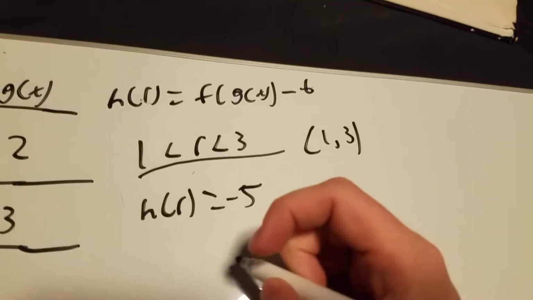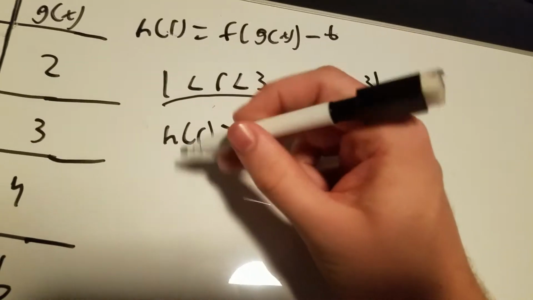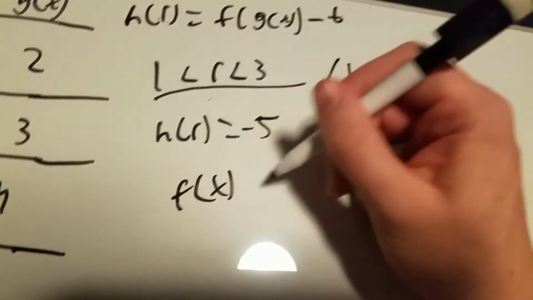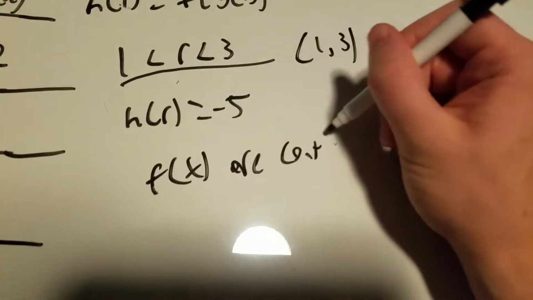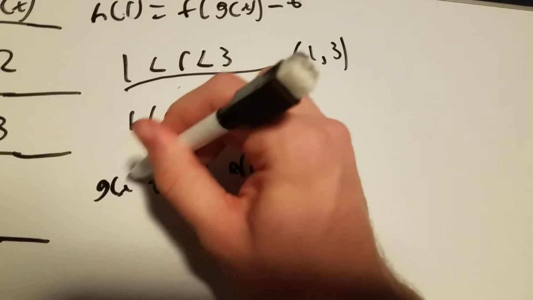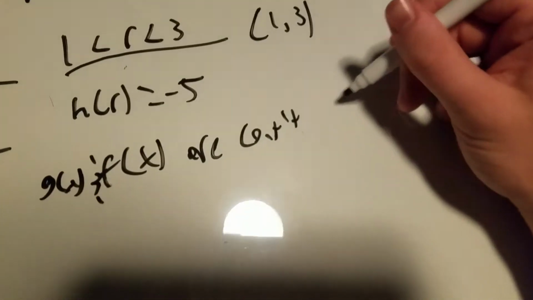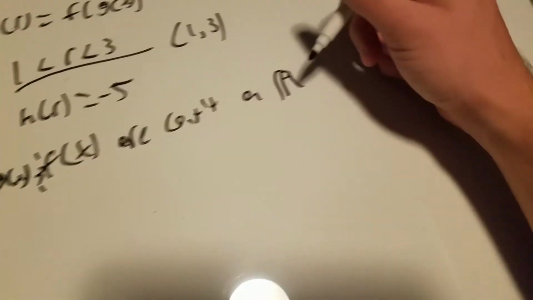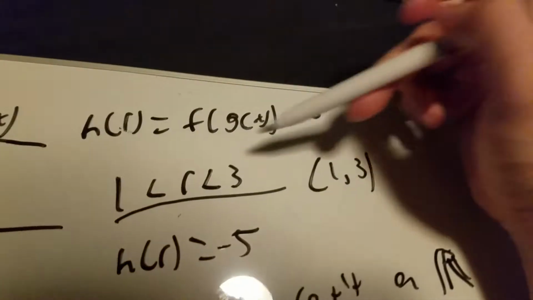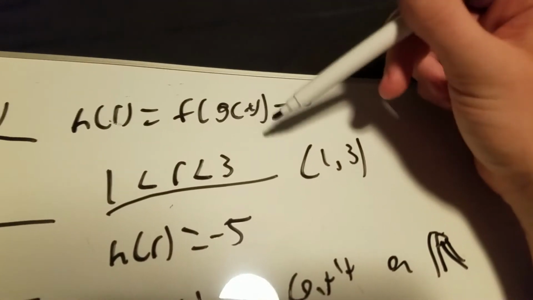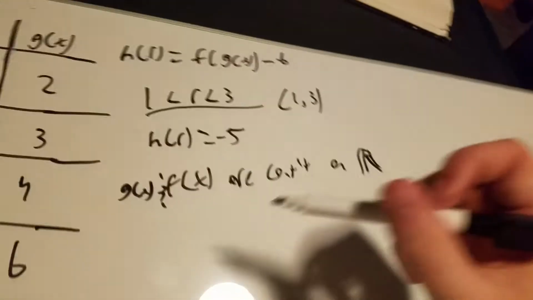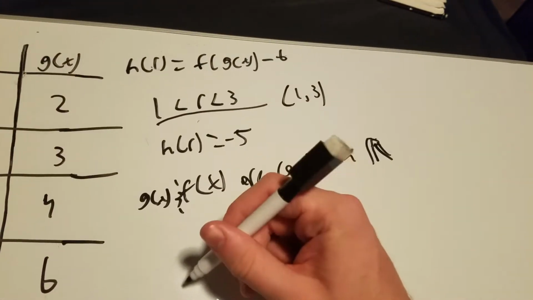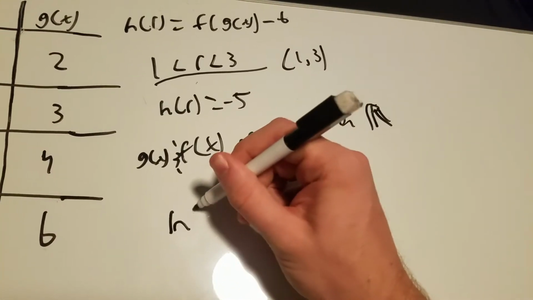So h of x and g of x are continuous in all real numbers, meaning that we can say that because h of r is just f of g of x minus 6, we can say that because we can say that h of r